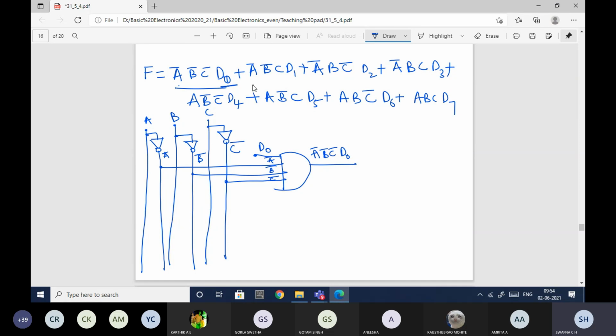Like that you need to get the second term also. A bar, B bar, C, and along with that you have one more input, which is D1. So here I'll get A bar, B bar, C, D1.